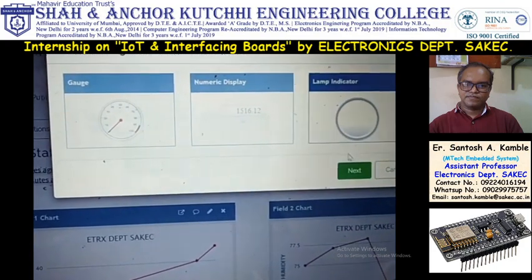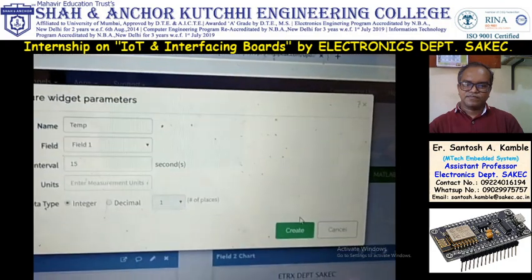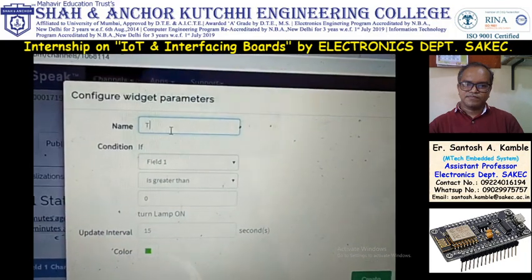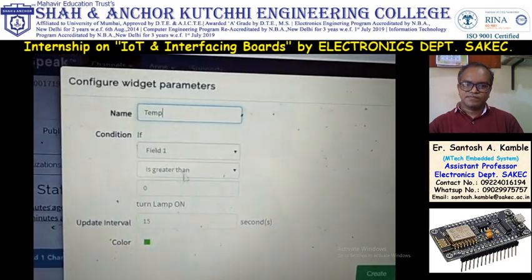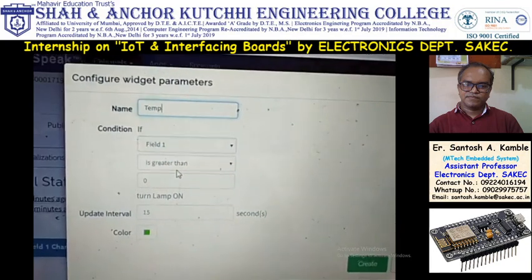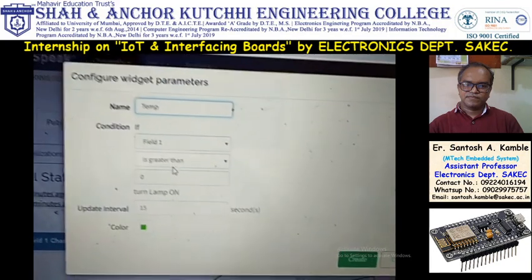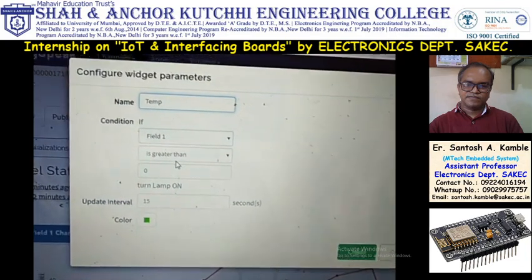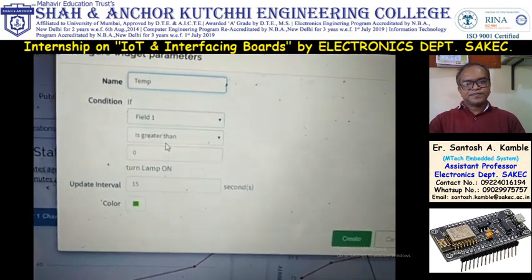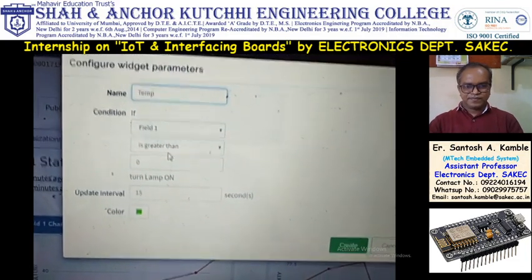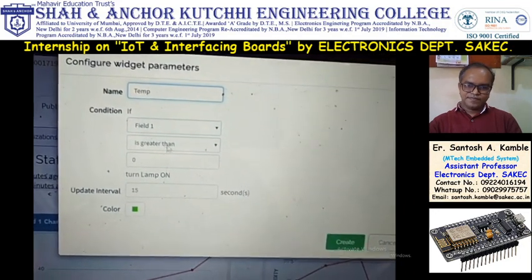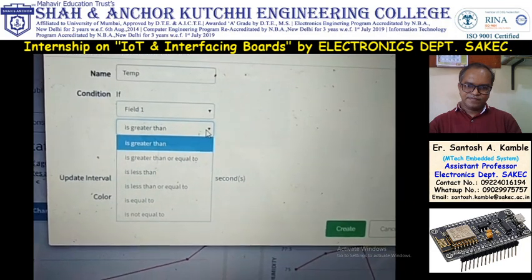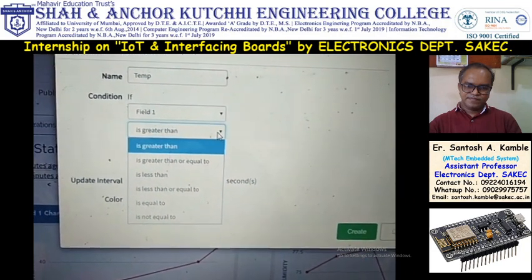Again in gadget there is lamp indicator. Now this is very important. Enter name, it is for temperature. Then it is for field 1. Now you can give the condition. If your temperature exceeds a certain value, then blink the LED, or else stop the LED. So you can give the condition greater than or equal, less than or equal, like this.